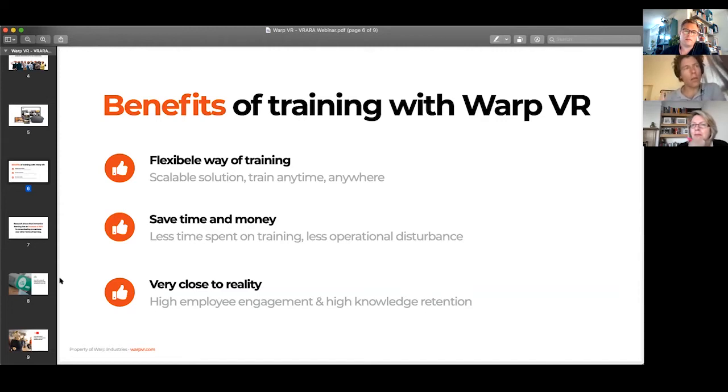On the other hand, the other major group would be soft skills. It's of course a big category, but we're seeing a lot of training scenarios being developed around giving feedback, dealing with emotions, tough clients, firing somebody, for instance, or telling them that they didn't do well on a certain assessment.